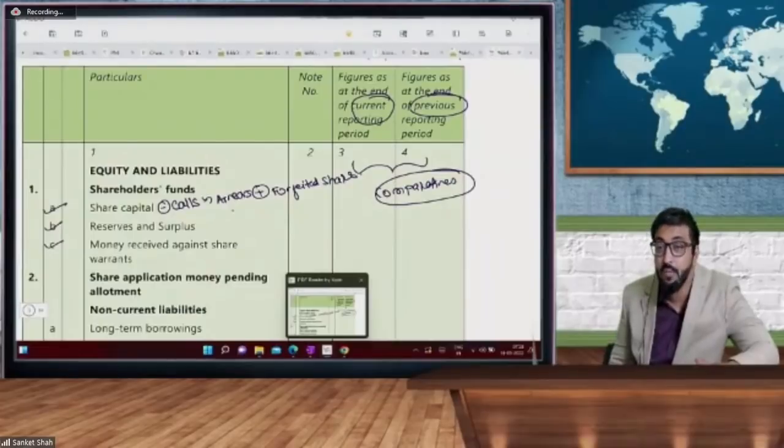But in sole proprietorship, ultimately he is the only owner, so his capital will be added by the profits. In partnership also, profits are added in their capital accounts only. But in case of company, reserves and surplus have to be disclosed